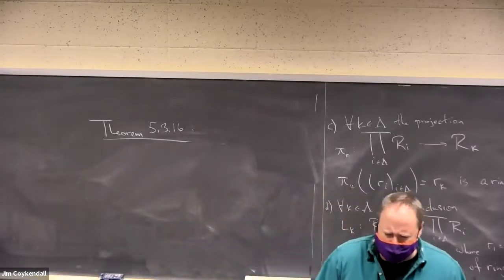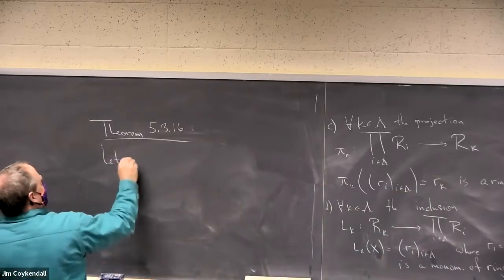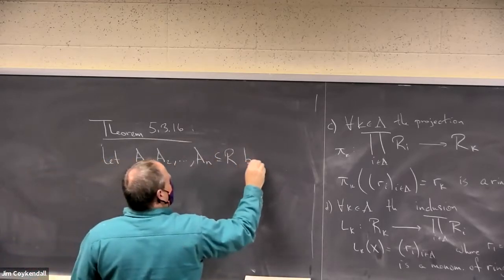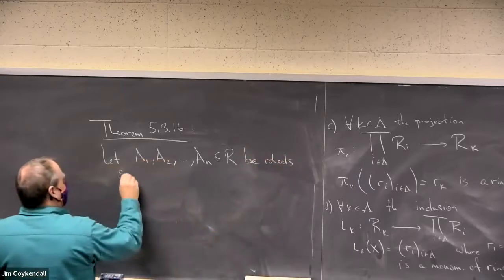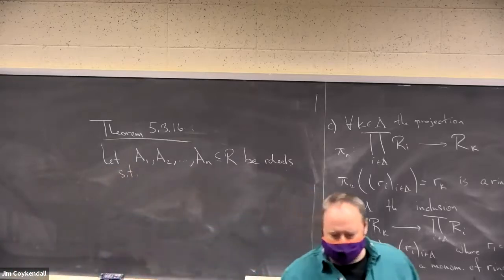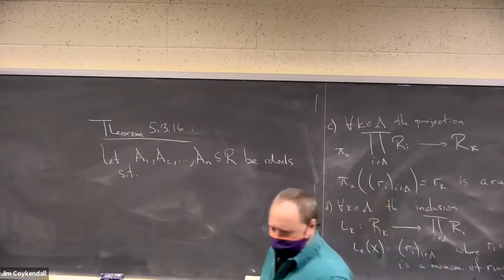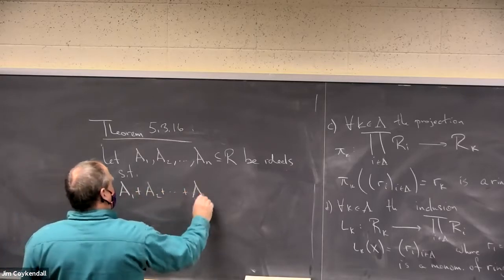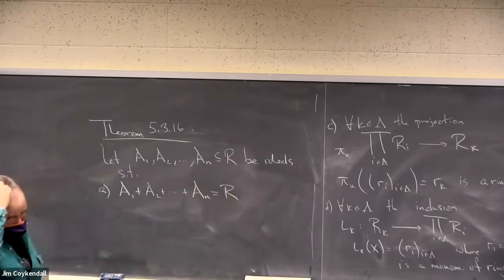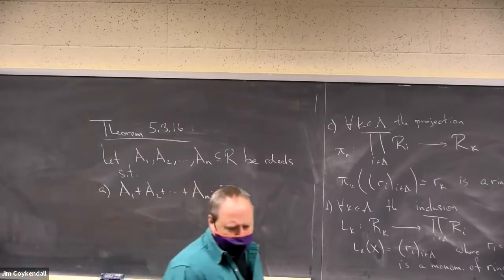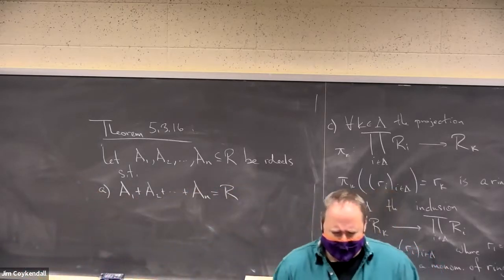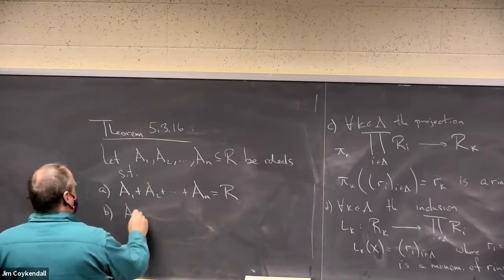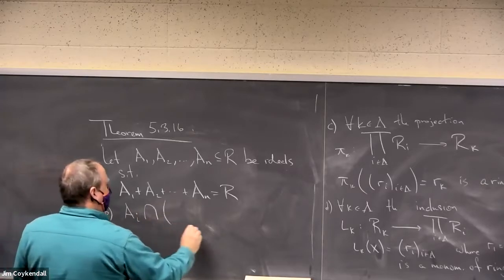Suppose that I have ideals in R. Suppose I have a ring and I've got a collection of ideals, finitely many of them, such that, number one, when I add the ideals up, when I look at this sum of ideals, I get all of R. And two, if I take any one of these ideals and I intersect it